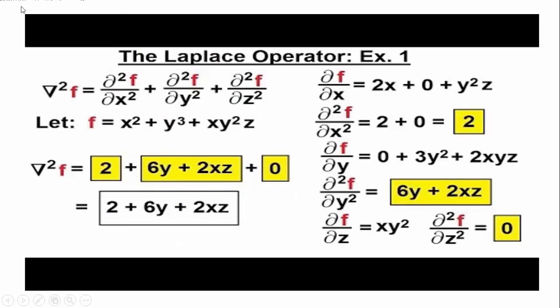Let us find, you can pause and you can see how the Laplacian is found out. It is just the first derivative with respect to x, then take the second derivative with respect to x, and thus we can find out the total Laplacian operator. See this, del square f upon del x square is equal to 2. This value has been placed here. So this is simple. You can pause and you can understand this easily.